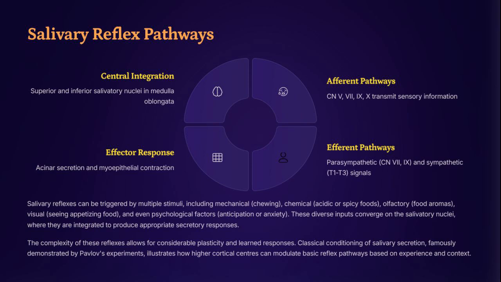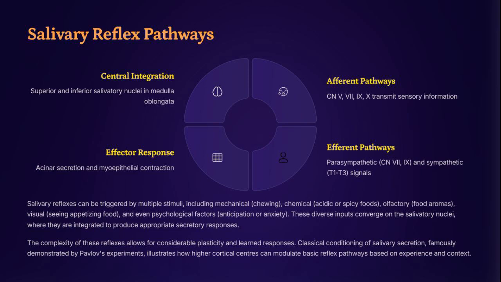Mechanical, like chewing; chemical, like sour or spicy foods; olfactory, smelling food; visual, seeing food; and even emotional or psychological cues like anticipation or anxiety. All these signals travel via sensory nerves, mainly the trigeminal, cranial nerve V, facial, cranial nerve 7, glossopharyngeal, cranial nerve 9, and vagus, cranial nerve 10, nerves, straight to the brainstem, where two special centers sit, the superior and inferior